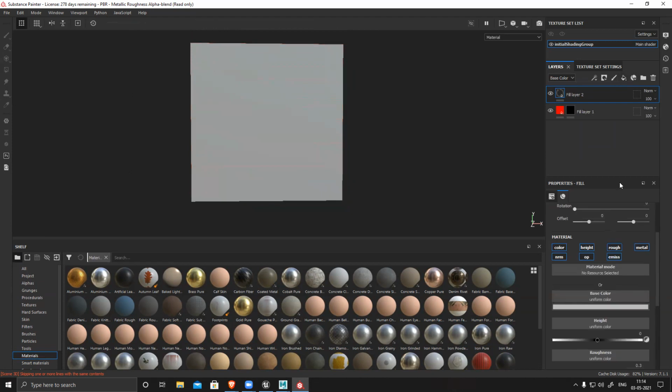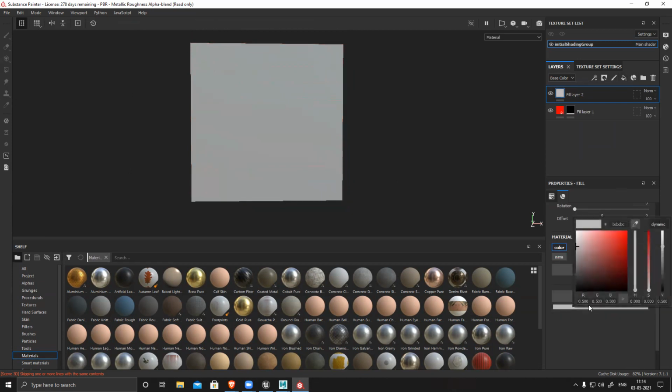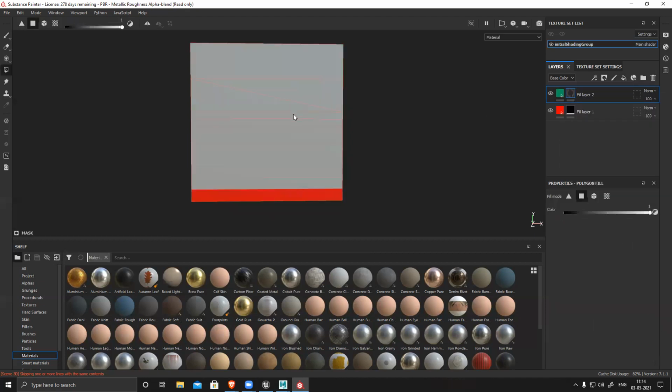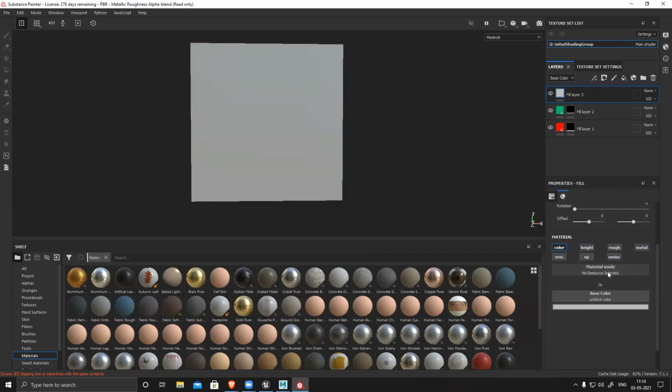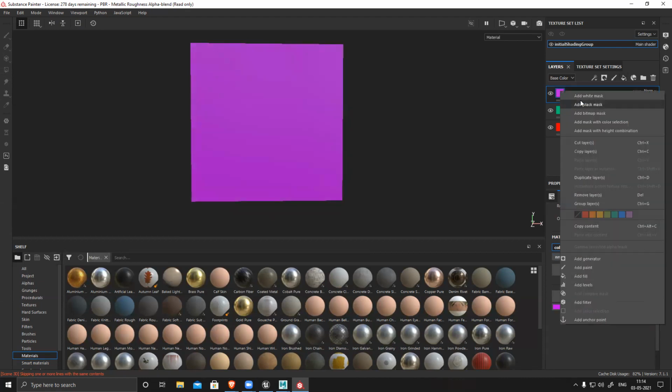Then create one more. Black mask, second one. So this will automatically give a material ID to that particular portion. Yes, this is what is called a material ID.